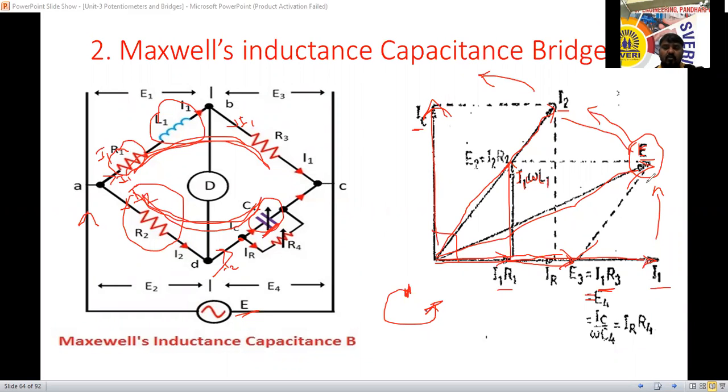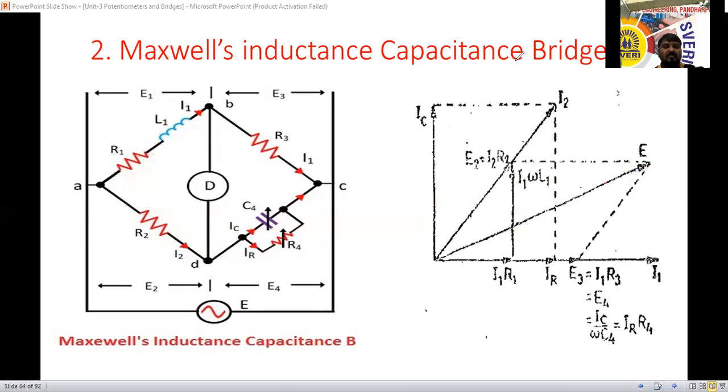I1 and E, compare this E voltage and I1 here, no? So I1 lags the voltage E. Yes, sir. So I1 belongs to the inductive load. So for the inductive load, current should lag the voltage. Yes, condition is satisfied. For understanding this condition only, I have taken this much time here now. So this is the phasor diagram.